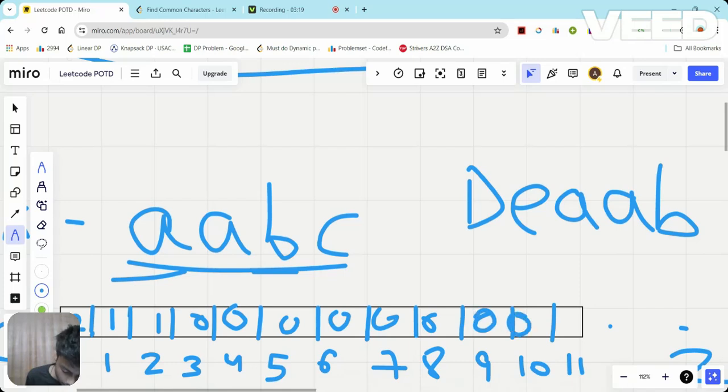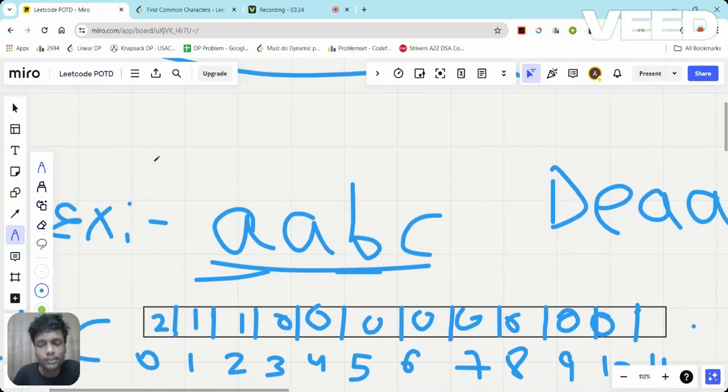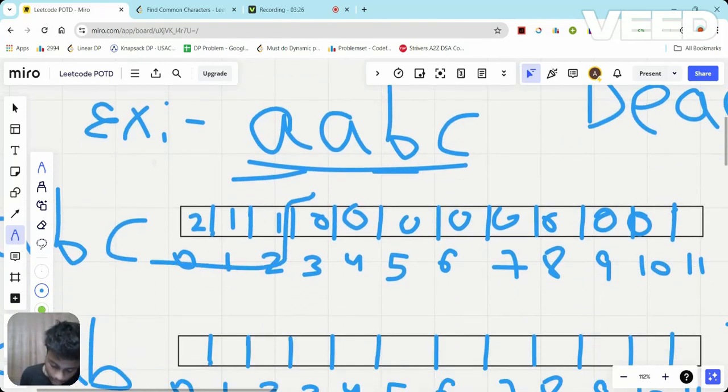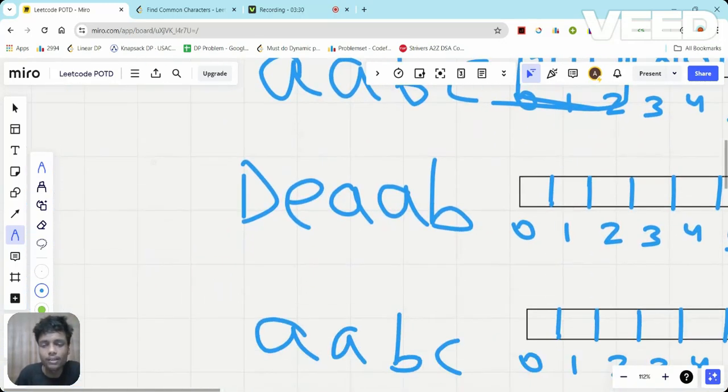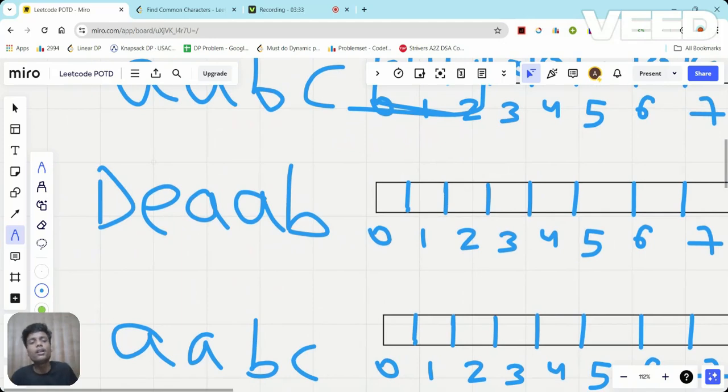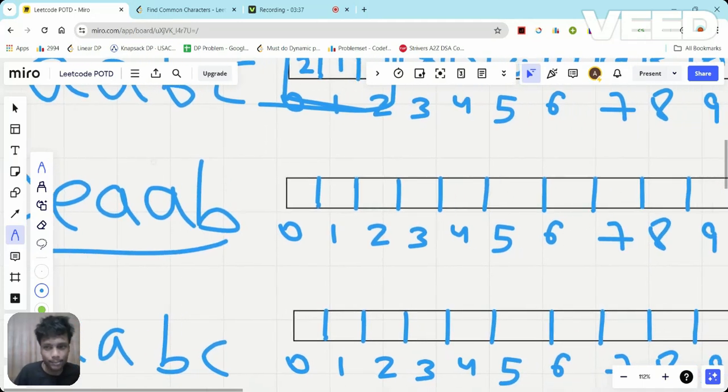Till 26 it will be 0, and only here I found the characters. Now let's take another example. Now I will fill the array for the frequency of this string, which is DEAAB.